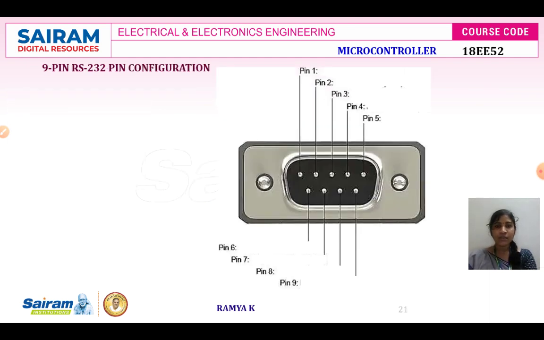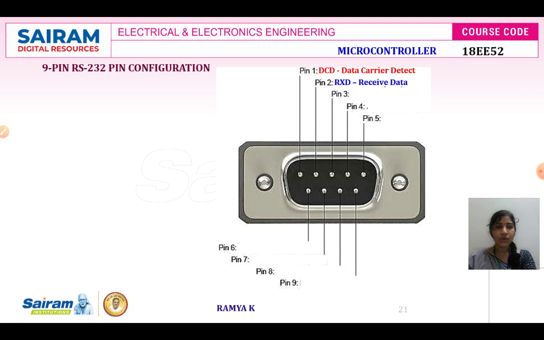So next, this is the pin configuration of RS-232. In this pin configuration, as we discussed, it is having 9 pins. The first pin represents the data carrier detect. Data carrier detect means it will check for the valid data. If a valid data is available on the transmission channel, then the data carrier signal will be high. So if a valid data carrier is available, it will give a signal to your data transmit ready.